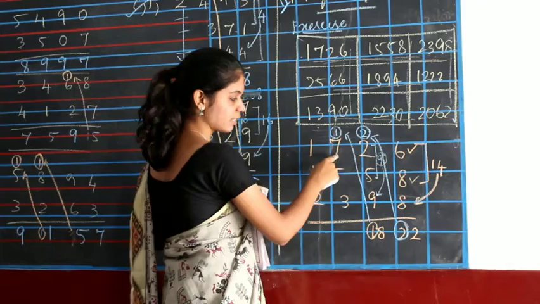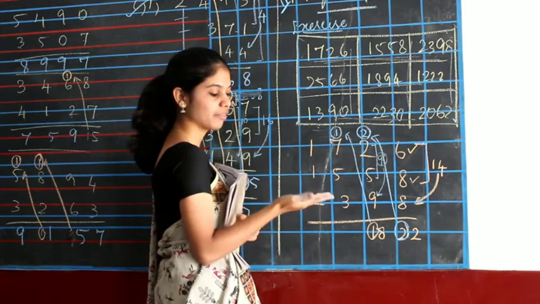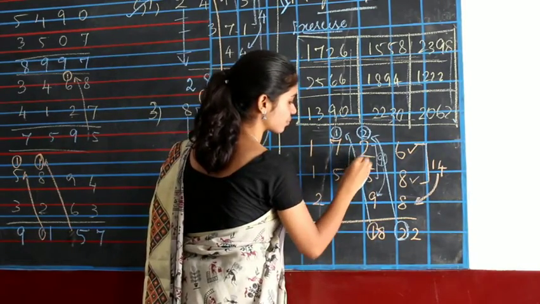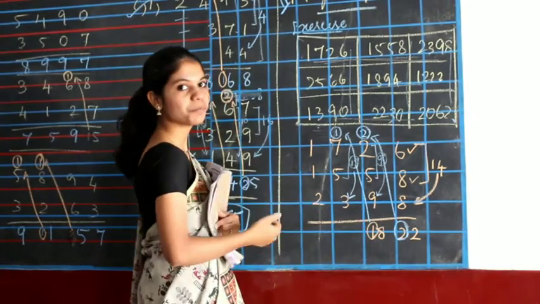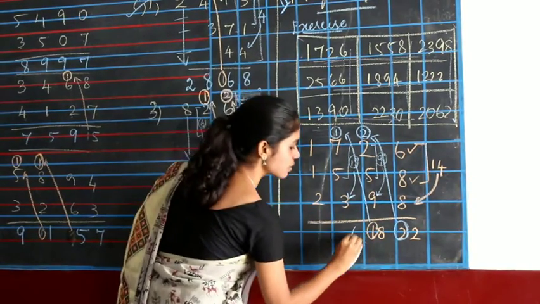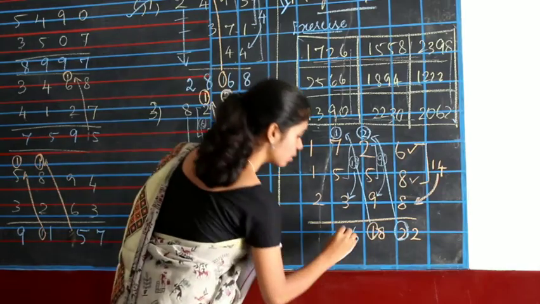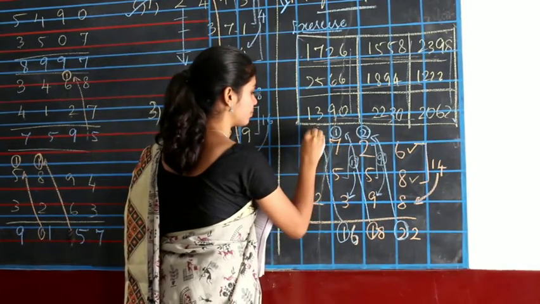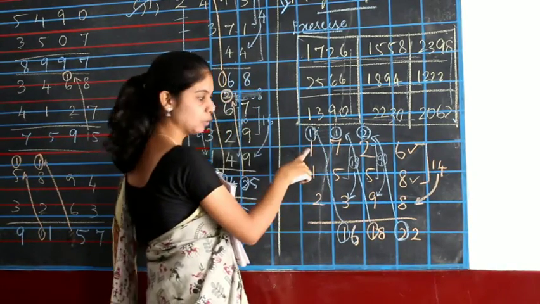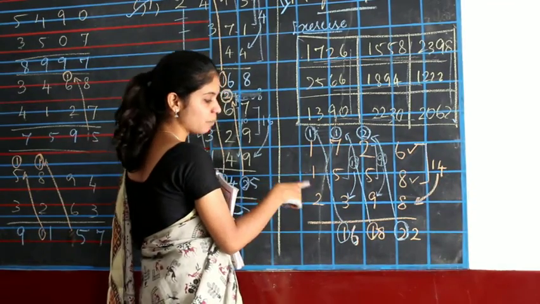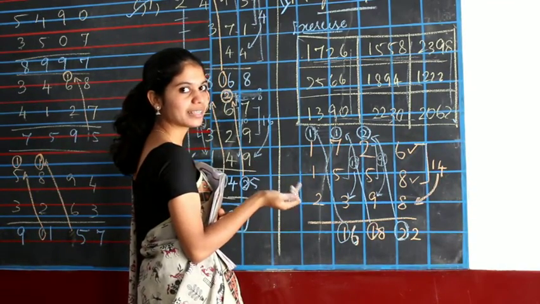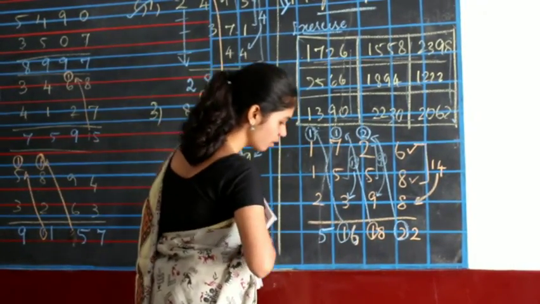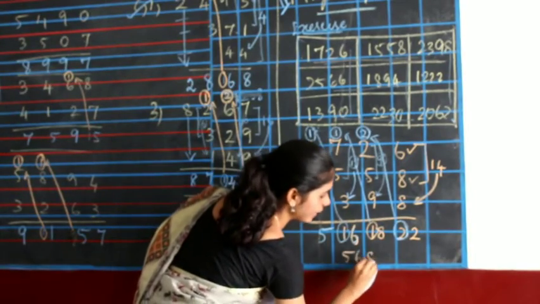7 plus 1 will be 8. 8 plus 5, 8 in your mind, 5 in your finger. 8 after 9, 10, 11, 12, 13. 13 plus 3 will be 14, 15 and 16. 16 you will be having here and 1 will be your carry. So 1 plus 1 will be 2, 2 plus 1 will be 3, 3 plus 2, 3 in your mind, 2 in your finger, 3 after 4 and 5. So we got 5, 6, 8 and 2.